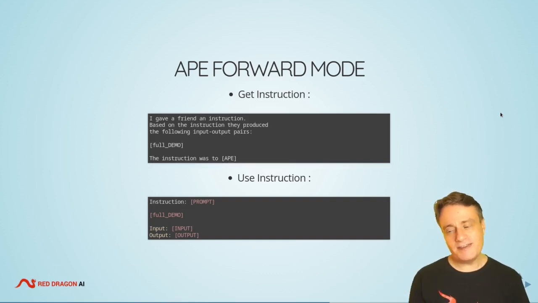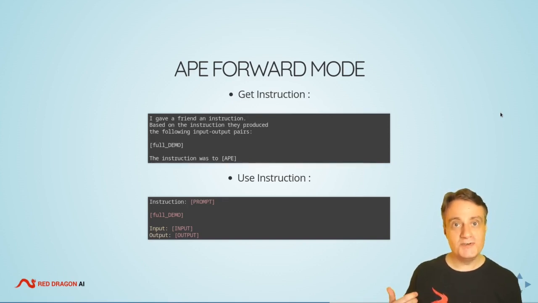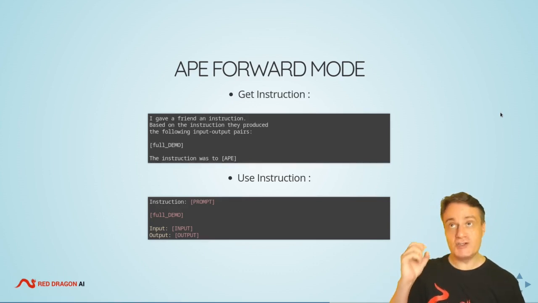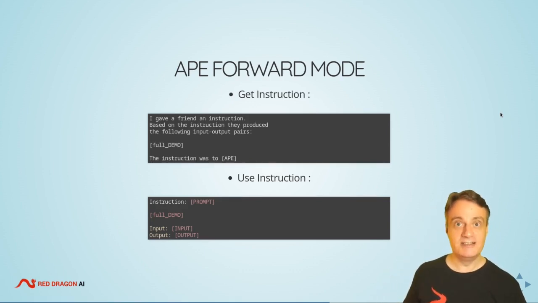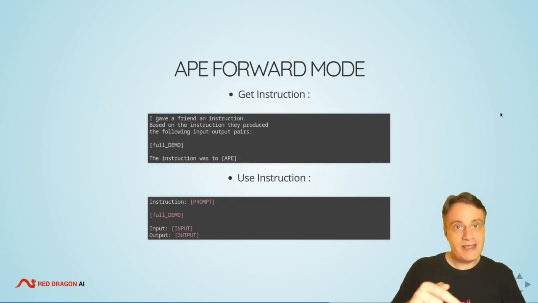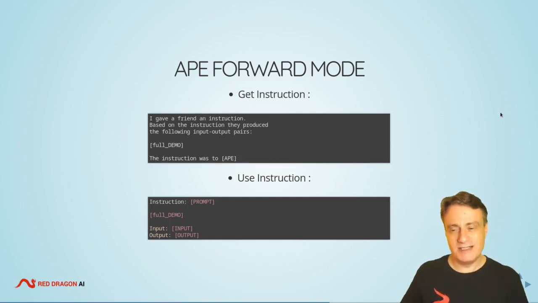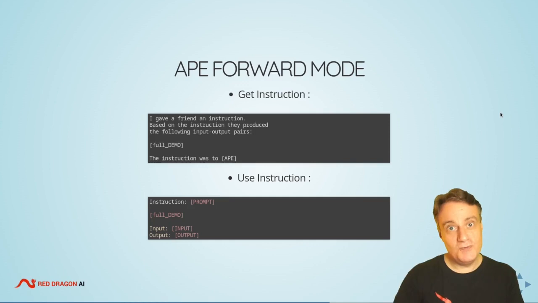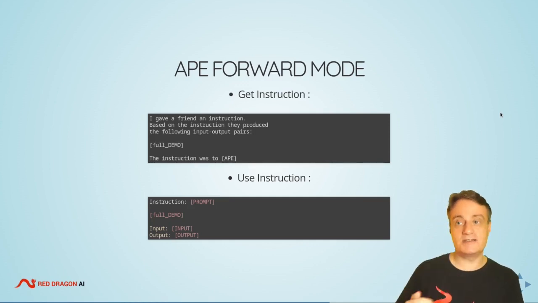And at that point where this bracket APE goes, the model is forced to come up with the next word, right? So the only way it can do that is by trying to give an instruction, because you've really led it down this path of how it would make those input-output pairs. Basically the input-output pairs are the task you want to do, and you're forcing it to hand you back the instruction that would have worked.